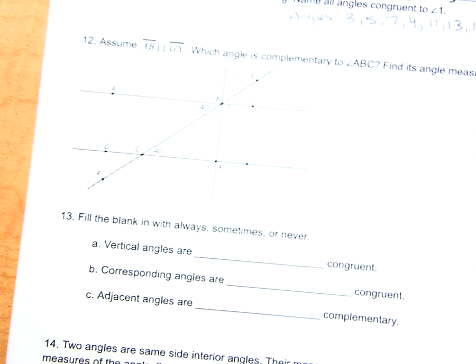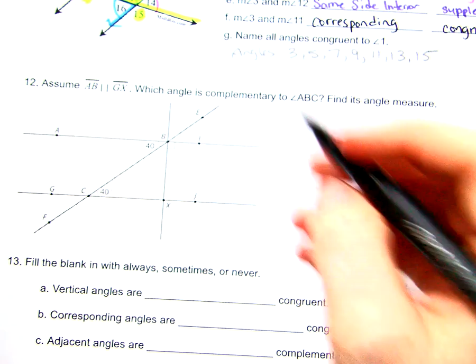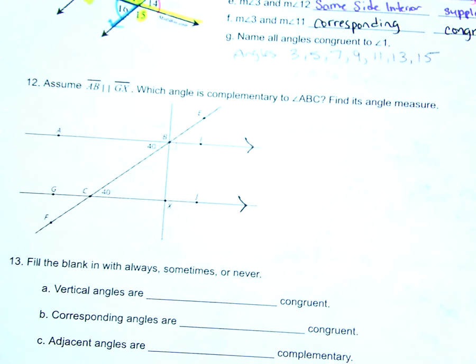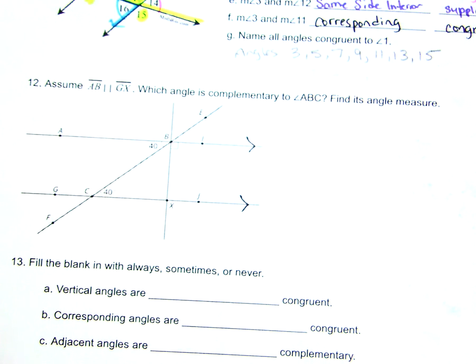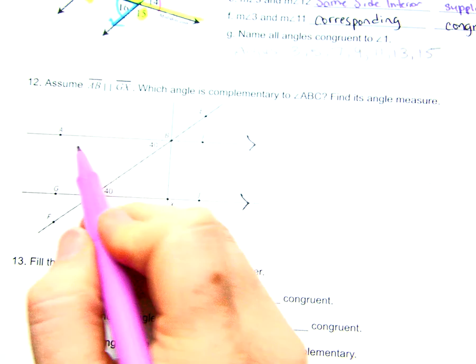All right, getting close to the end. Question number 12 says, assume AB and GX are parallel. So this guy right here is parallel to this guy right here. And it wants to know which angle is complementary to angle ABC. Let me get a color here. So ABC